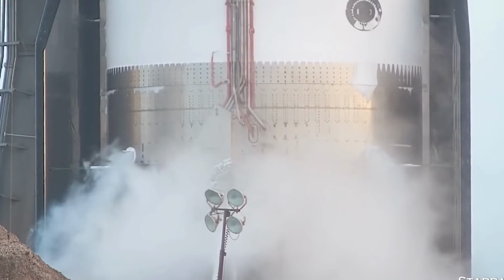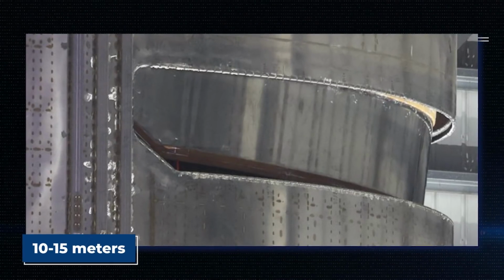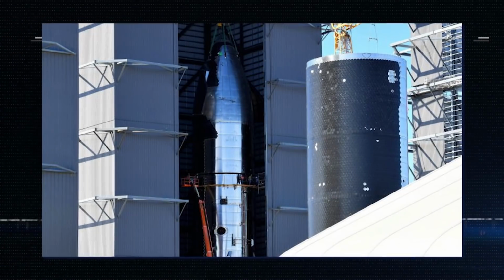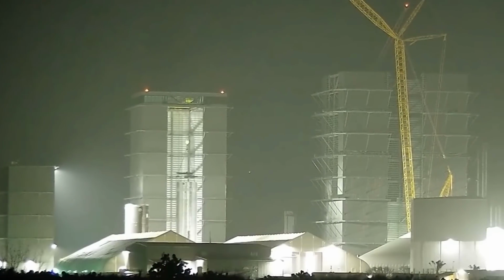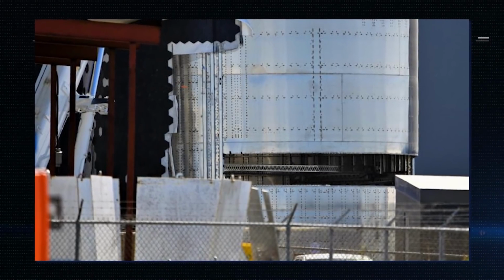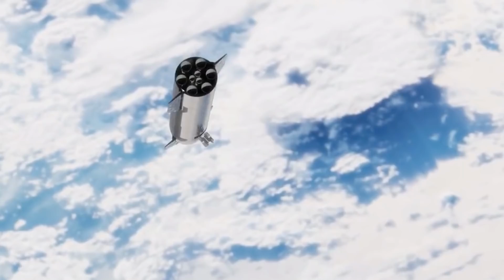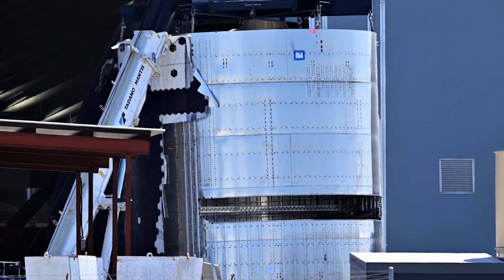But based on its apparent dimensions, the frame could likely extend anywhere from 10 to 15 meters up into Ship 24's nose cone before the diameter would get too narrow for it to continue. However, when the crew turned the nose barrel around, it revealed an unusual cutout similar to a giant mail slot. It became clear that Ship 24's nose had been fitted with a Starlink satellite deployment mechanism akin to a giant